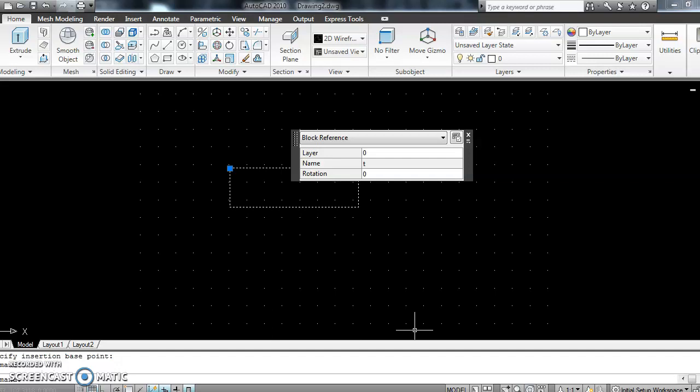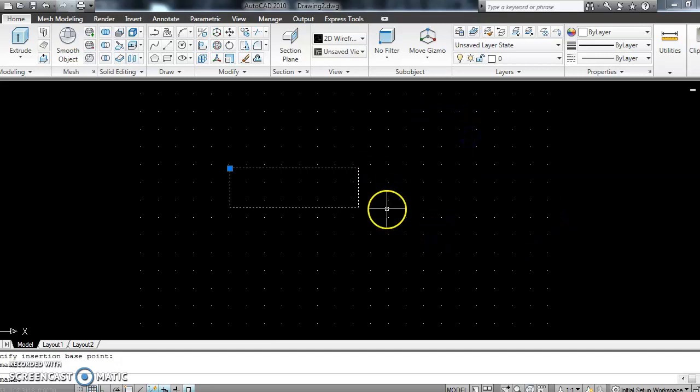In the explode command, I break the compound object into its component objects. Now if I want the component objects to combine back to a single block, then I use the block command. This is how we use the block command and the explode command in the single line diagram. These two are the commands which we will be frequently using.